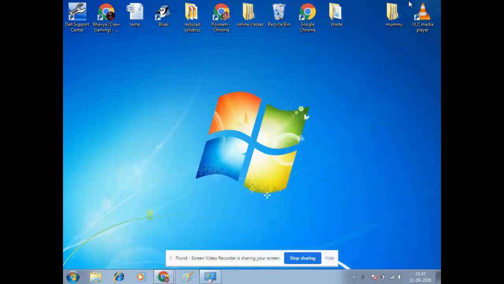Okay. Now it is time to set a screensaver on your computer. Do you know what a screensaver is? A screensaver is a moving picture or any picture that appears automatically on your computer if you do not use your computer for a period of time. And to bring back your desktop again, you just have to move your mouse or press any key on the keyboard. For this, again you need to go to the Personalization window,